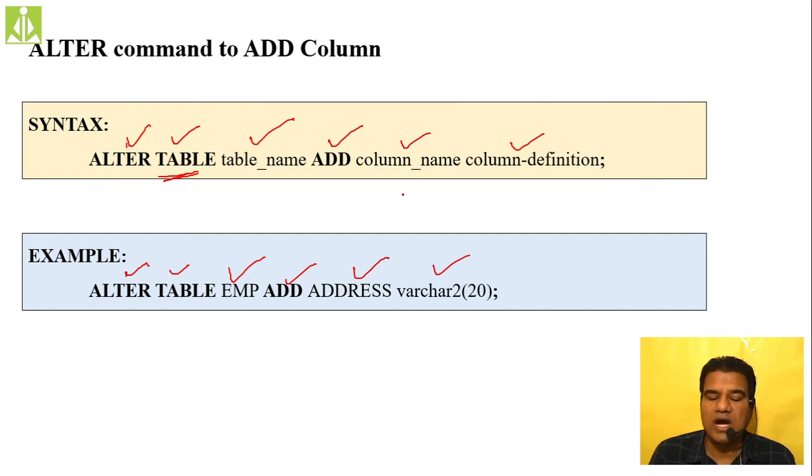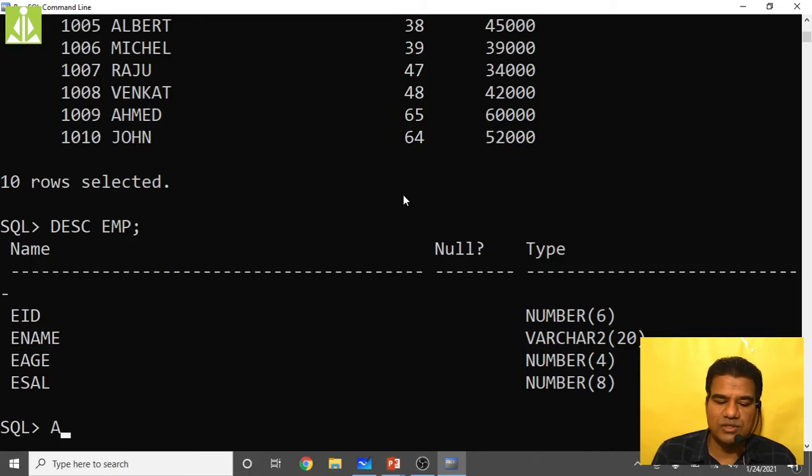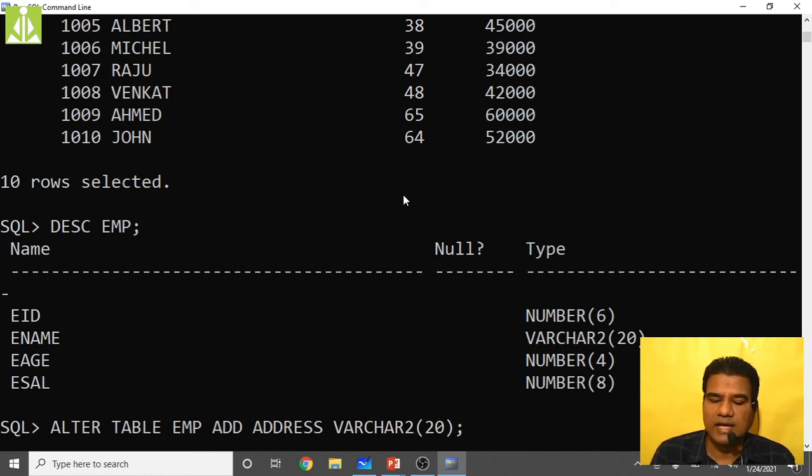So how I can alter table? I have to use alter table. Table name is employee, and what I am doing, I'm adding the column. So add, column name is address, data type varchar2 of 20. So like this we put, and hit the enter key. So what it will do, it will add that address column of varchar2 type to your employee table. Hit the enter key. See,